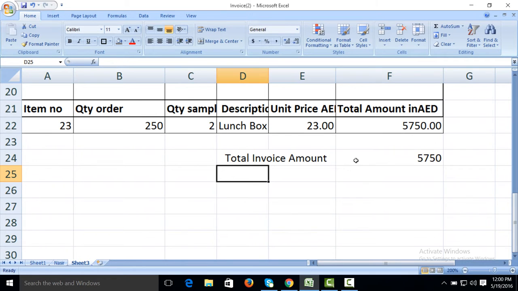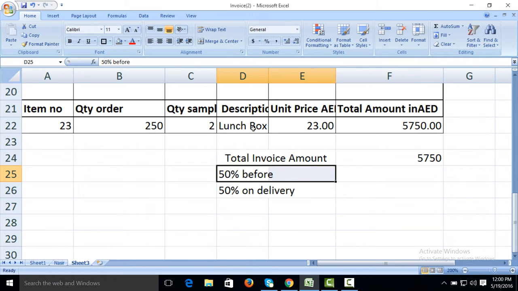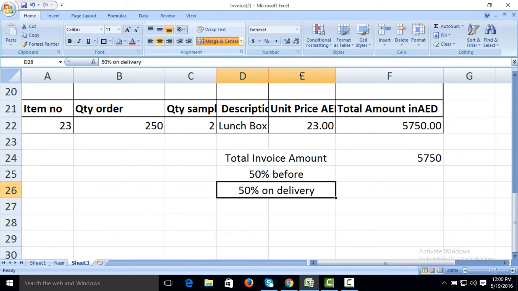Our payment term for this customer is 50% before, 50% on delivery. You should also merge this one, then merge this one.